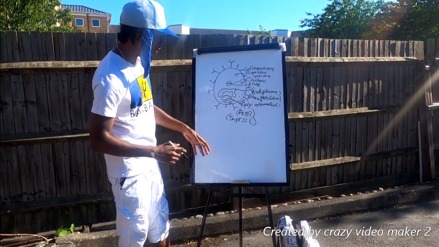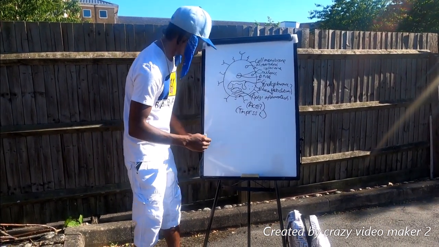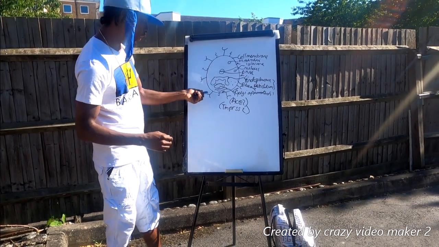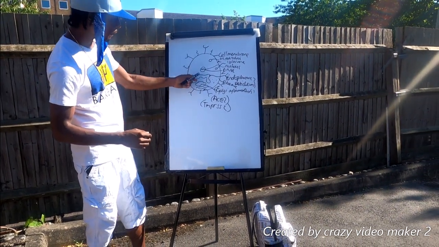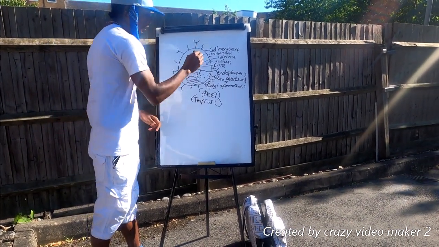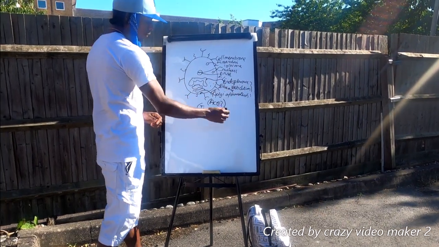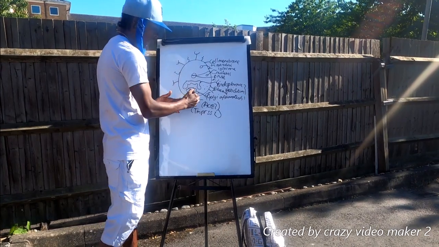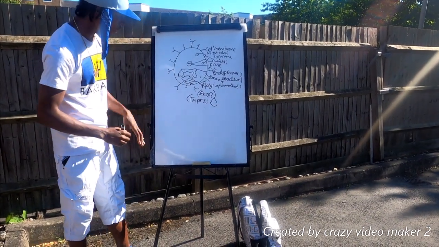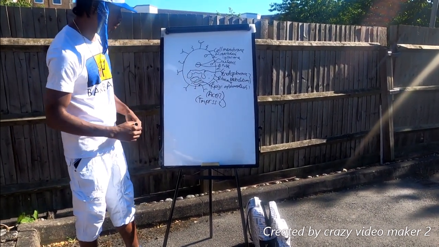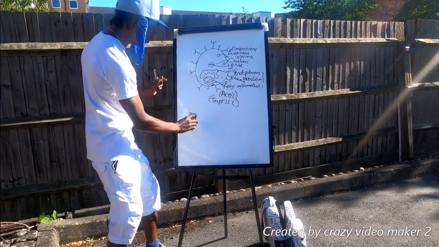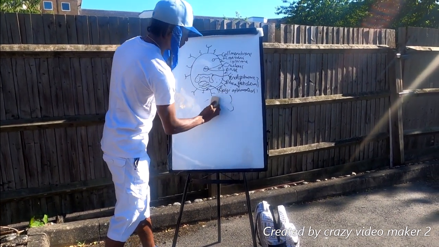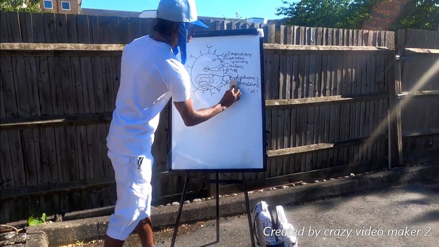And obviously the DNA and RNA and all that, yeah? So that's how the cell is, and that's how it feeds, and that's what it does. The endoplasmic reticulum and the Golgi apparatus are responsible for making proteins, yeah, and sending those proteins out of the cell, yeah. So now I'm going to jump straight into DNA and RNA, yeah.